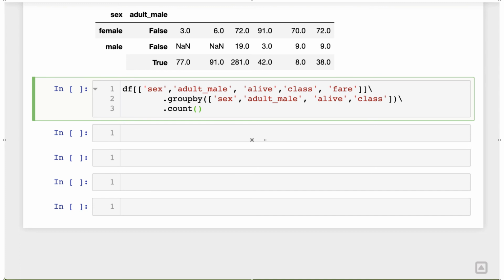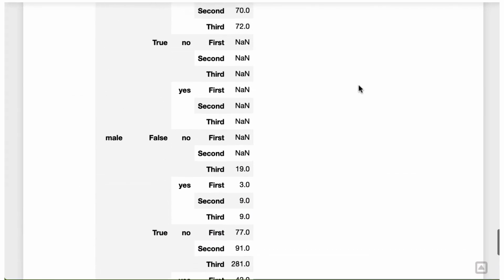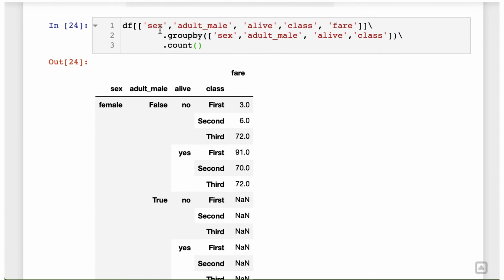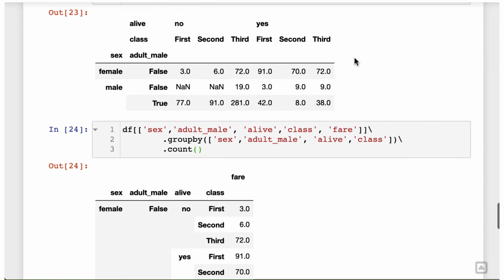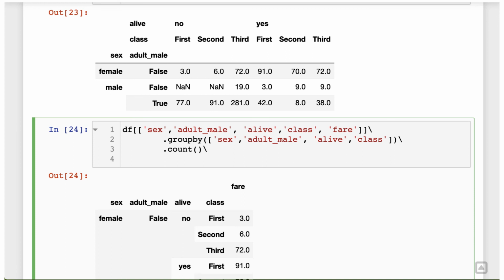Once again, we can see that if we do not unstack, we will have all dimensions included in the groupby in the index axis. To move those to the horizontal axis, we just need to use the unstack method and then provide the number of the index we want to move. In this case, from left to right, we have sex as 0, adult_male as 1, alive as 2 and class as 3. We will use 2 and 3 in the unstack function so we can get alive and class in the horizontal axis.